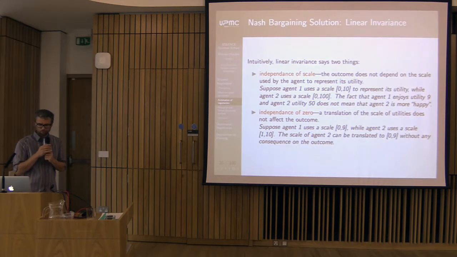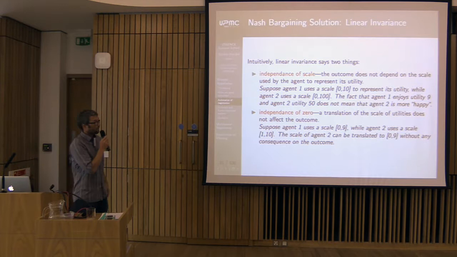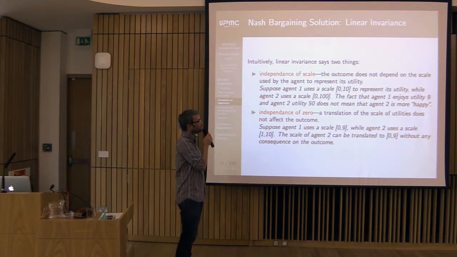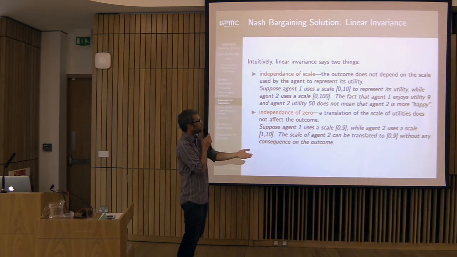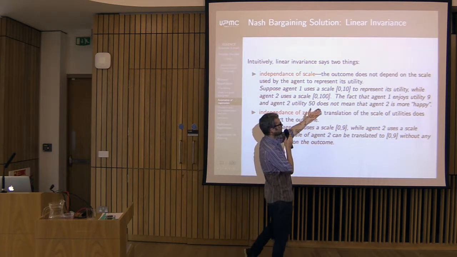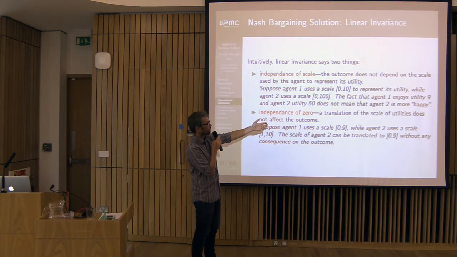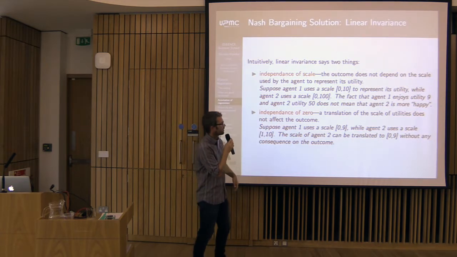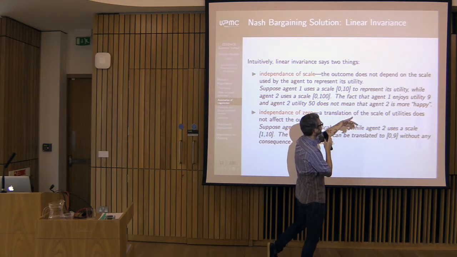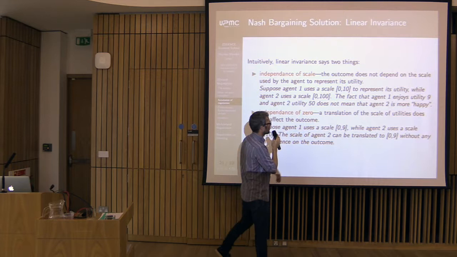Okay, this one is not really controversial. Linear invariance says two different things: that you have to be independent of the scale. So the outcome should not depend on the scale that you use to represent your utility. So if one agent uses scale 0 to 10 to represent utility and the other one 0 to 100, then it should not depend on this scale,